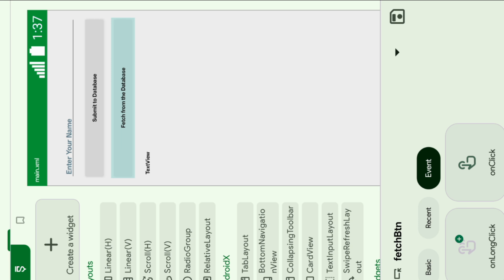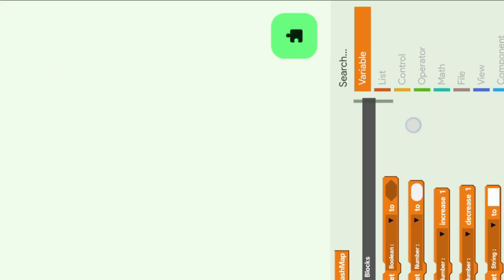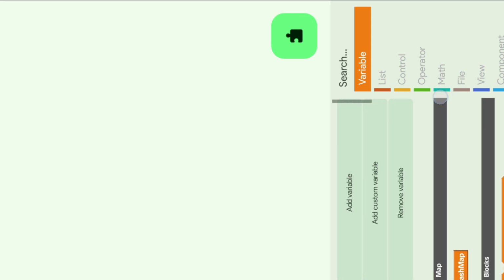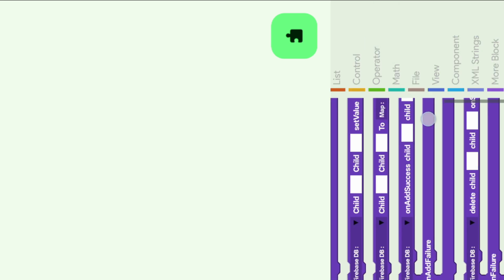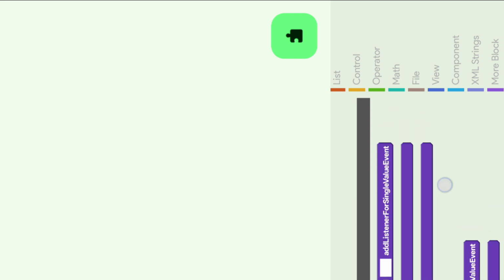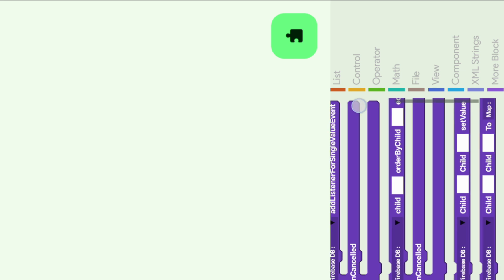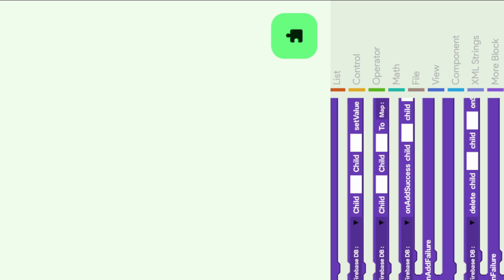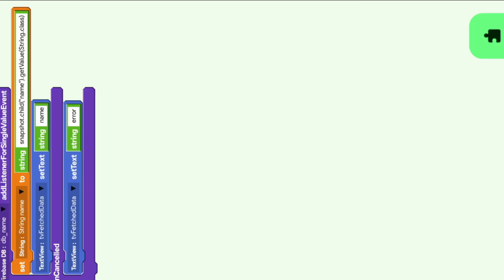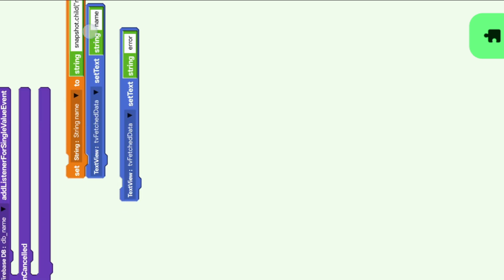Now I want to fetch from Firebase, so I want to create a function. You want to create code like this, but you don't have this block, I know.